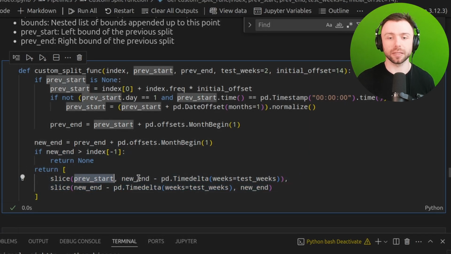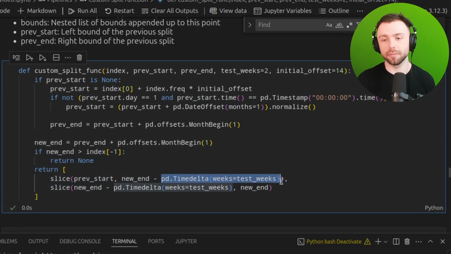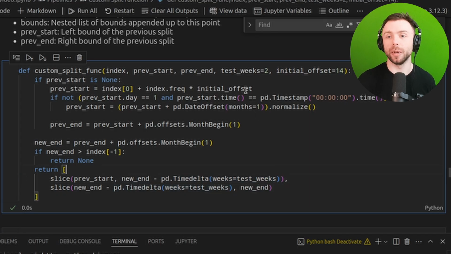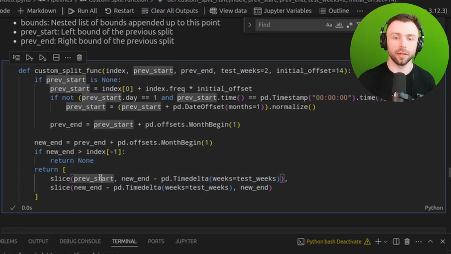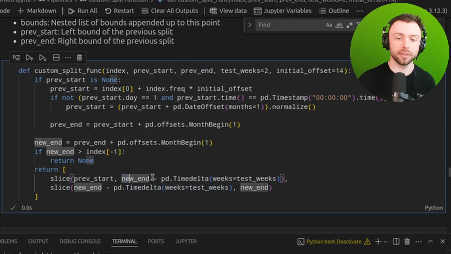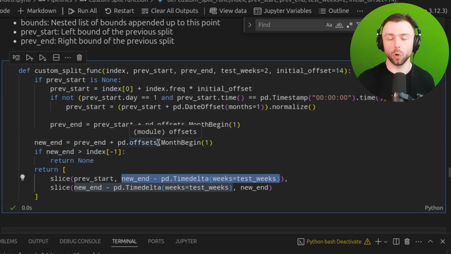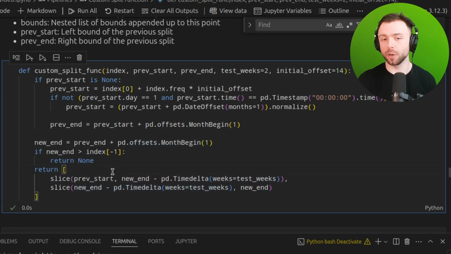So it goes from previous start to new end minus some particular amount of time. In this case, I'm assigning 2 weeks to test, and that's going to be assigned to this slice here. So this is going from the end minus 2 weeks to the end. This is going from the start to the end minus 2 weeks. Hope you can see how this function's working, how you could write your own, and all the different options that